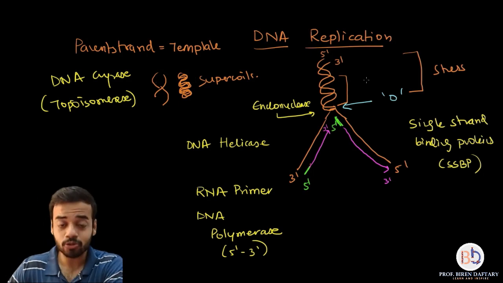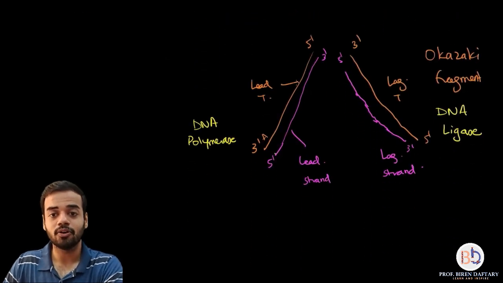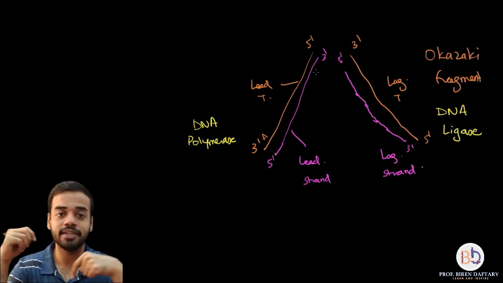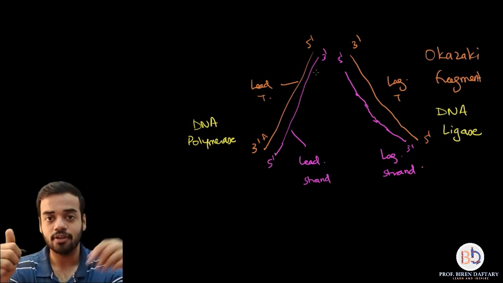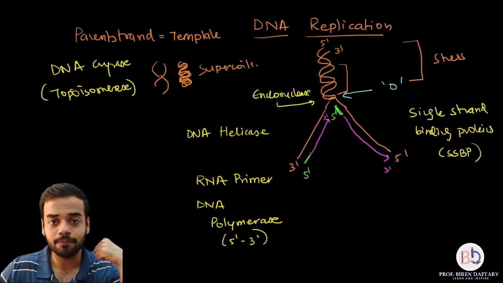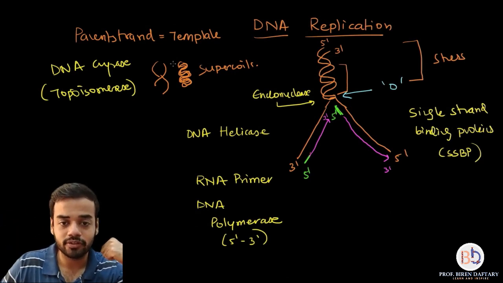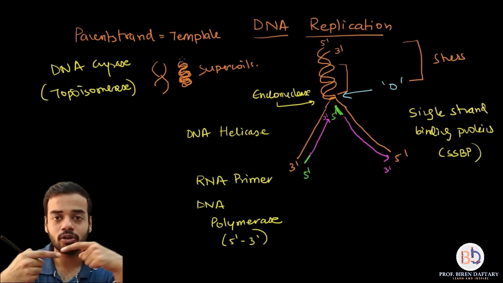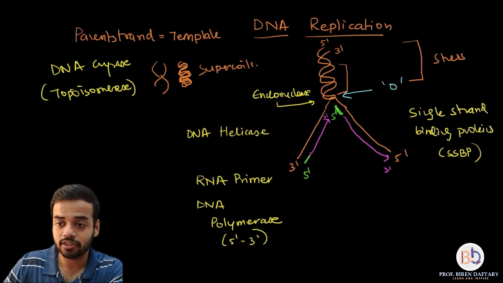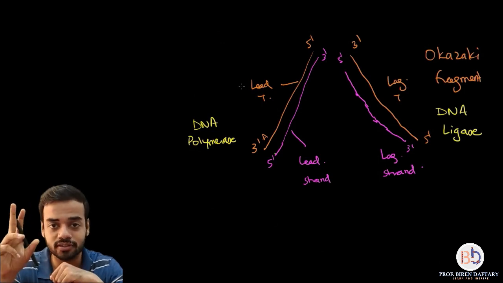One more thing DNA gyrase does is, when these two strands are formed, you need to coil them up again. The coiling of both the strands is also done by DNA gyrase. So DNA gyrase has two functions. First, it removes stress from this uncoiled area by producing a cut. They will put a cut somewhere over here, open up the coil, and again join it. That is done by gyrase, and the new daughter DNA molecule which is formed, you need to coil it again, and even that coiling is done by DNA gyrase. So two functions are given.